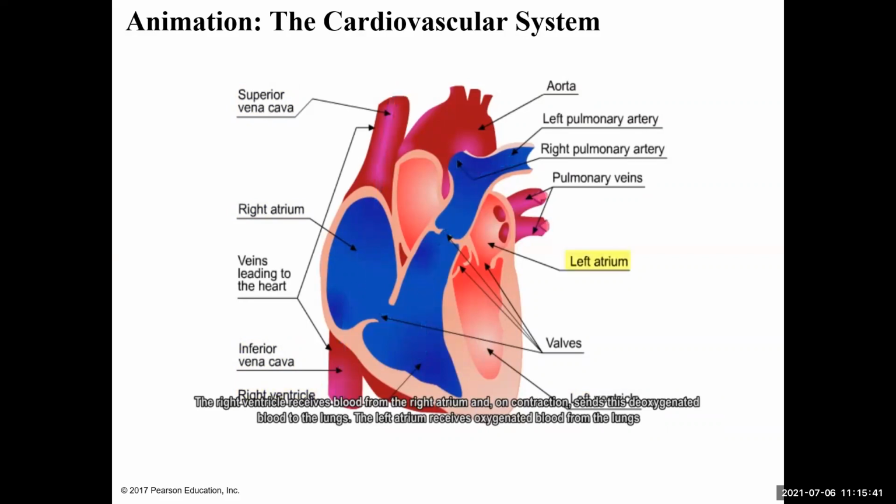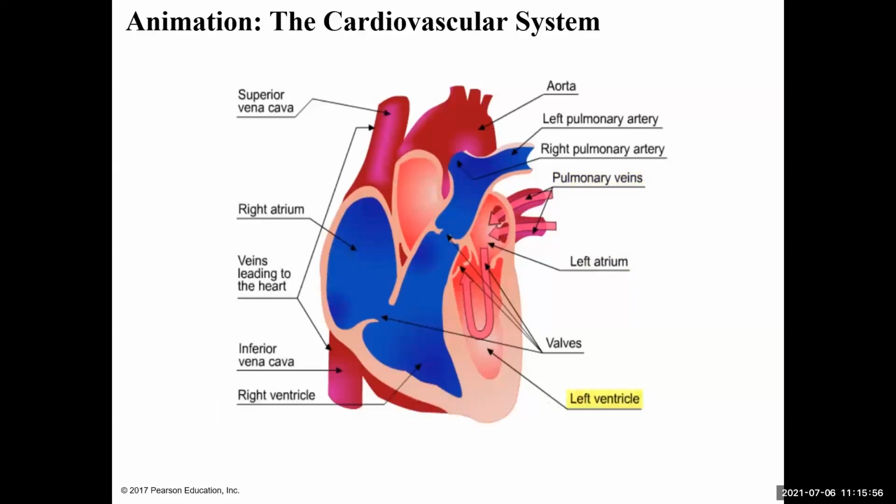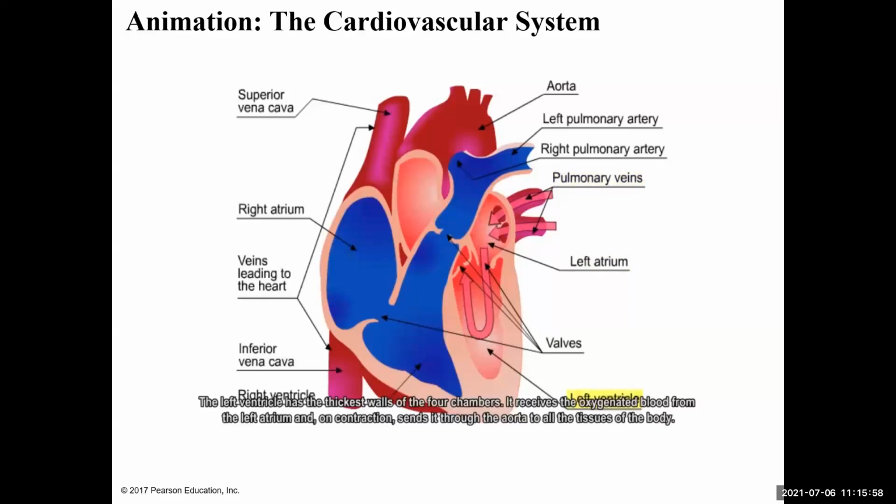The left atrium receives oxygenated blood from the lungs through two veins called the pulmonary veins. The pulmonary veins are the only veins that carry oxygenated blood. When the atria contract, blood in the left atrium is forced into the left ventricle. The left ventricle has the thickest walls of the four chambers. It receives the oxygenated blood from the left atrium and, on contraction, sends it through the aorta to all the